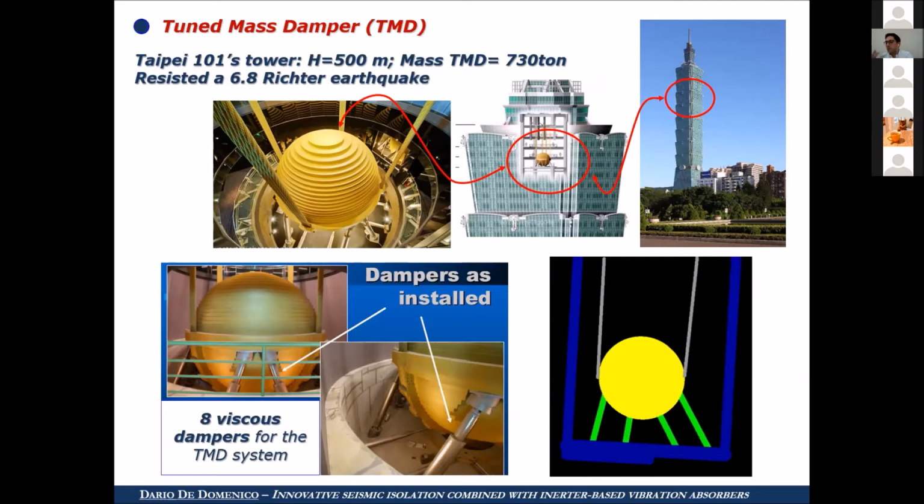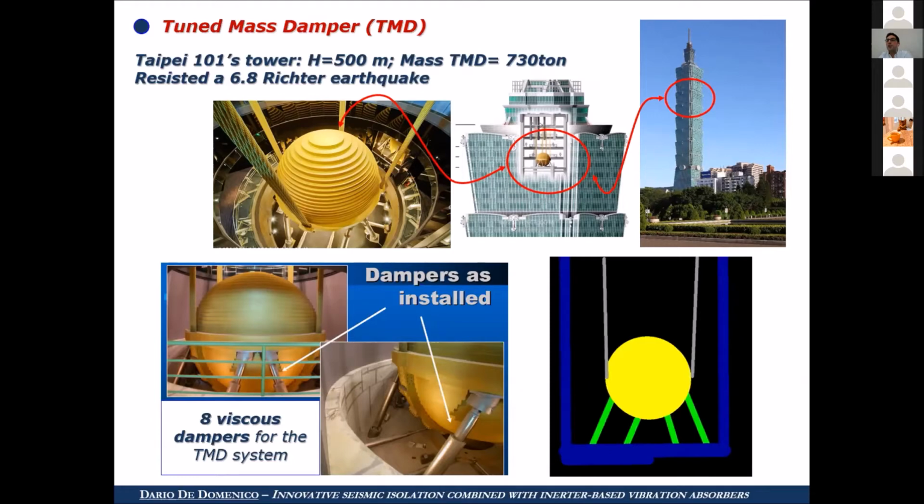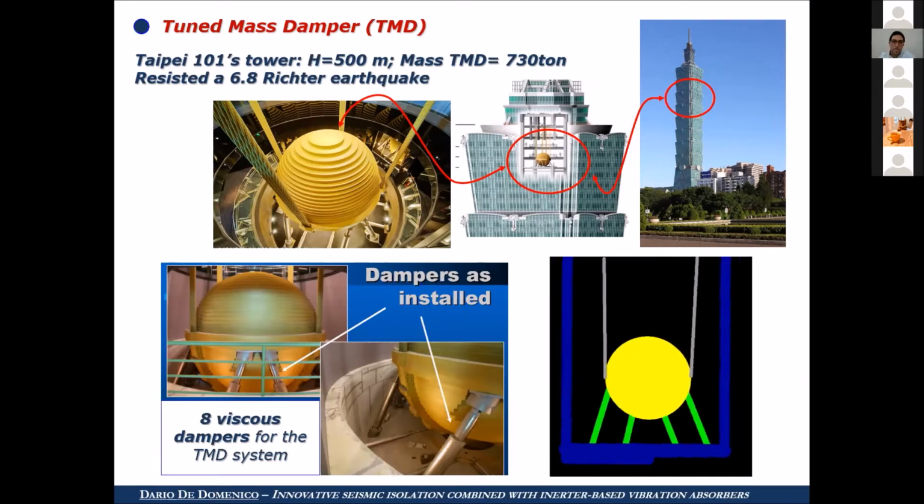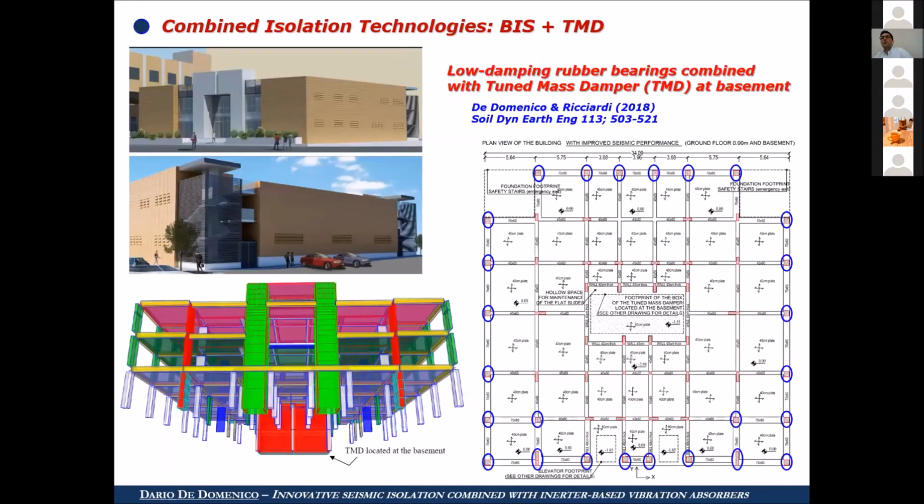So the most emblematic example is the installation of a large mass of around 700 tons in the Taipei Tower in Taiwan, and this mass moves out of phase with respect to the movement of the high-rise building. So this concept was exploited in our recent work in order to propose a combined isolation system with the tuned